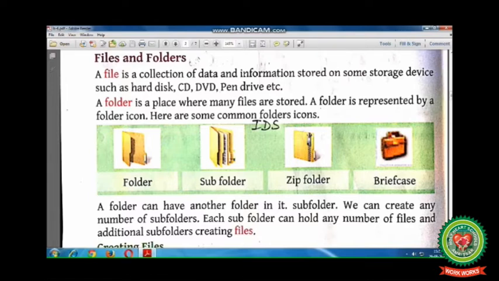Like number 1 is folder icon, number 2 subfolder icon, third one is zip folder, and last briefcase. You can mark these icons on your book.